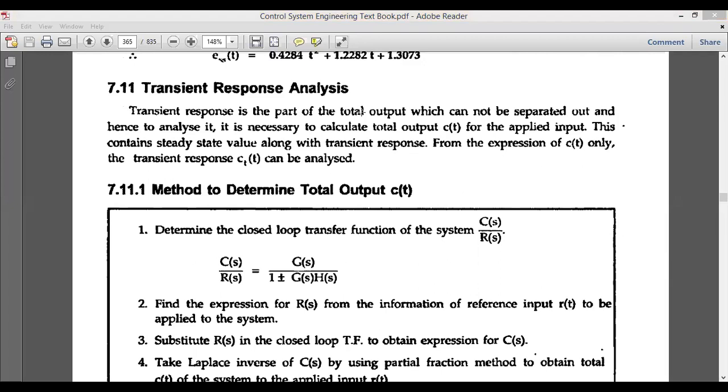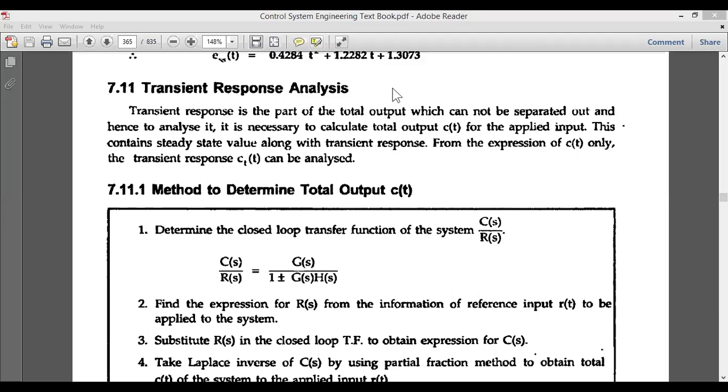So what is basically a transient signal or a transient response? Whenever you apply any input to a control system, the system will respond to that particular input applied. After some amount of time, the signal will enter into the steady state response, or steady state. Thereafter it will get discontinued or fall below, or simply you can say the signal will die. So now here we will look into the transient response analysis.